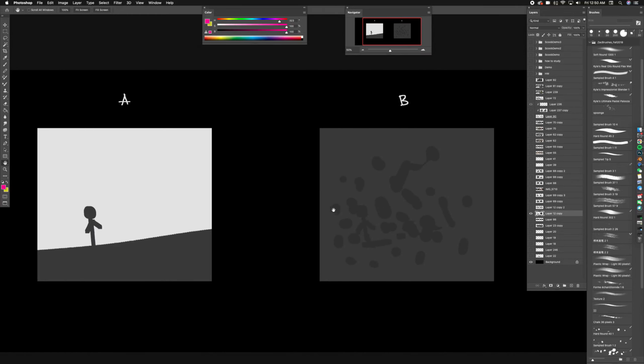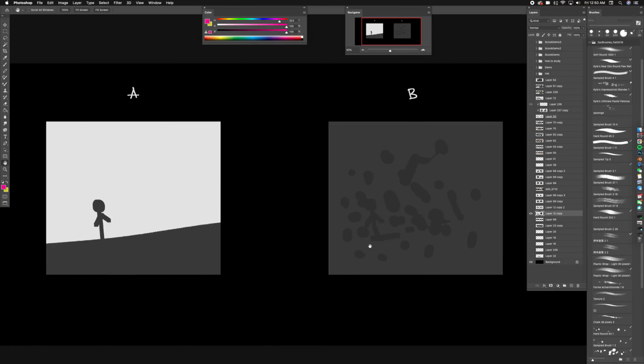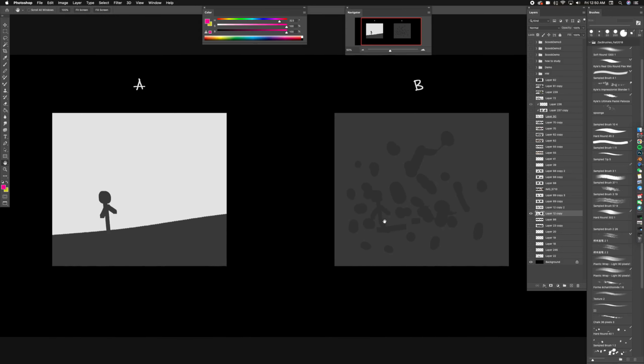So I'm going to show some really simple illustrations just to drive this point home. Which one are you drawn to more? Which one's easier to read? Obviously A, right? You've got high contrast, you have a strong silhouette of a person, you can tell what's going